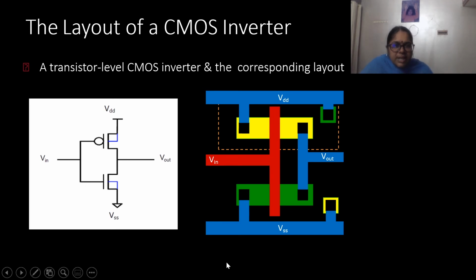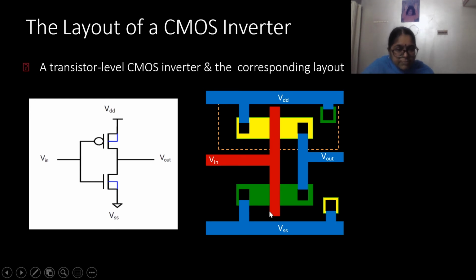Now this diagram shows us the layout of the CMOS inverter. For the CMOS inverter, first you draw VDD and ground. You have the demarcation line, or you can indicate the N well or the P well. If you place a well around the PMOS transistor, then that is N well, but if you place a well around the NMOS transistor, then that would be P well. Next, you use one polysilicon that cuts both N diffusion as well as P diffusion, and V input is given. Because the gates of both the transistors are connected together, we can make use of one polysilicon to cut both the diffusions.